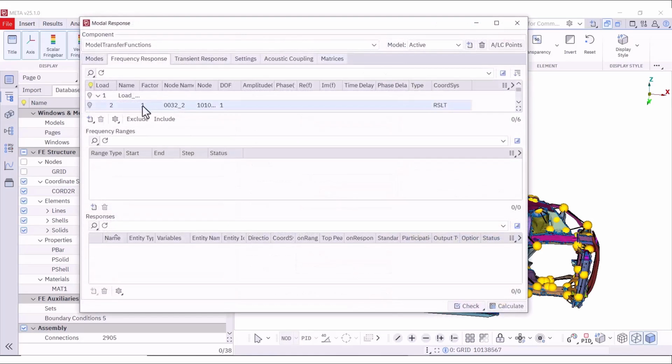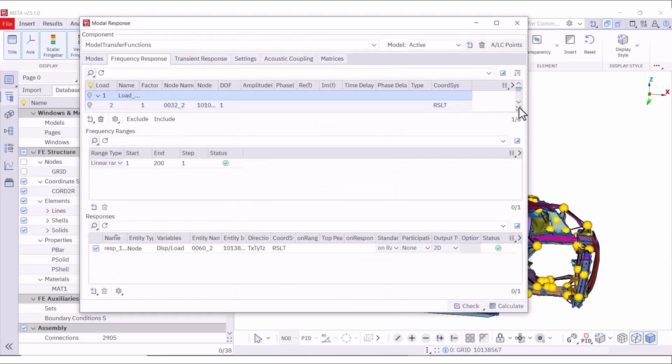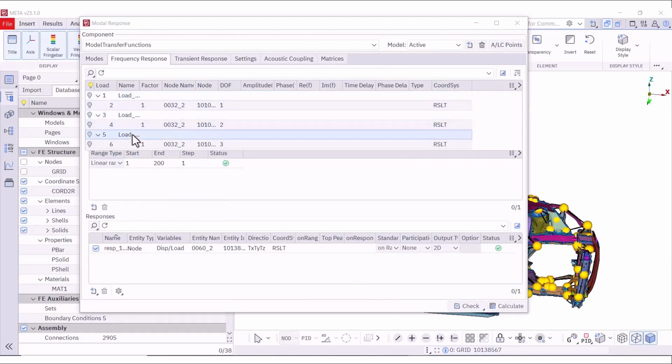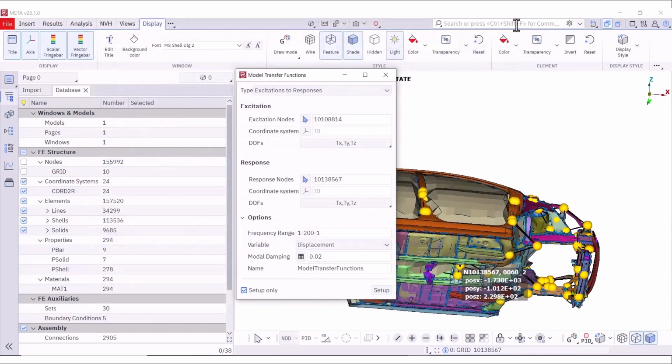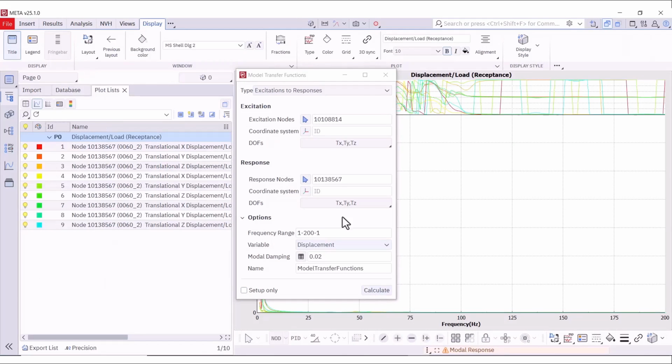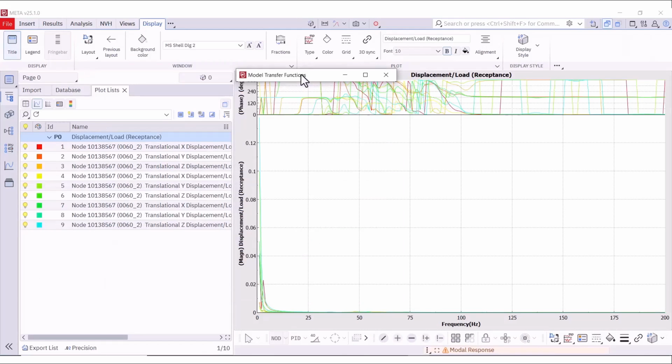Observe again the setup in modal response. For each selected degree of freedom of the excitation node, x, y, z, a transfer function will be calculated for all defined degrees of freedom. Close Modal Response tool and press Calculate. Nine curves are calculated, as expected.